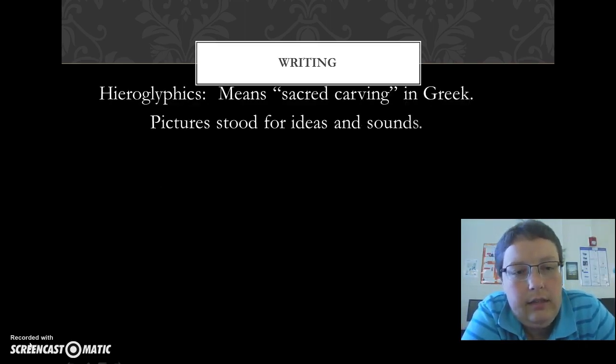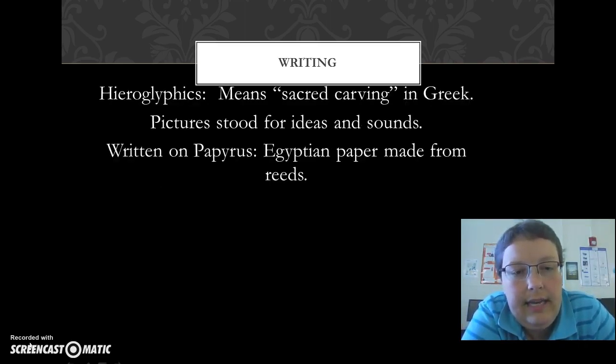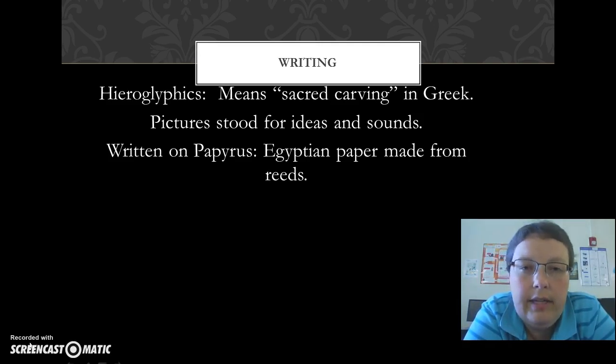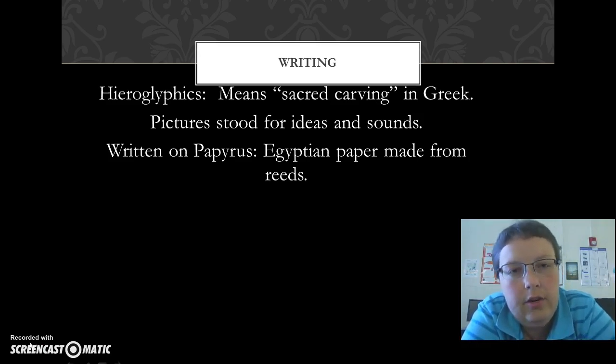And finally, their writing. Hopefully you know that hieroglyphics came from ancient Egypt. The words actually mean sacred carving. We will actually work with the hieroglyphics and do our own writing of hieroglyphics and translating. Hieroglyphics were not translated until around the year 1800 when Napoleon brought back the Rosetta Stone from Egypt. This allowed people to be able to read in Greek and therefore decipher the hieroglyphics. We will read an article about this later on in class.